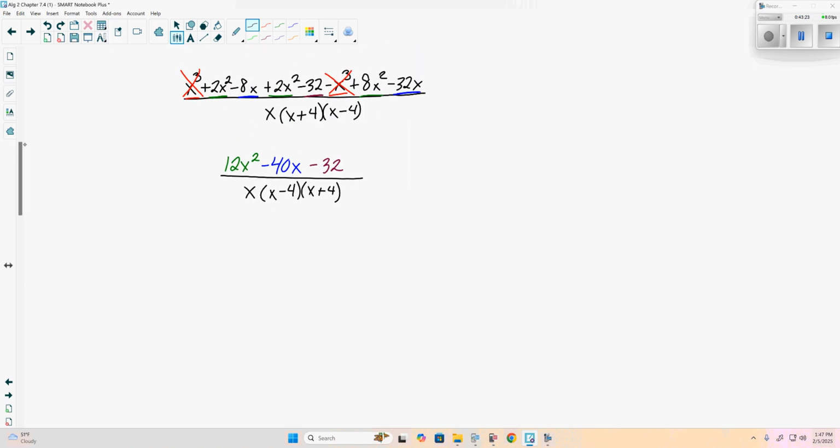And yes, I think I've probably been alternating the x minus 4, x plus 4. That really doesn't make a difference, as long as we still have both of those listed. Greatest common factor between 12x squared, negative 40x, and negative 32: 4, yes? So we can factor it out, giving us 3x squared minus 10x minus 8 over x